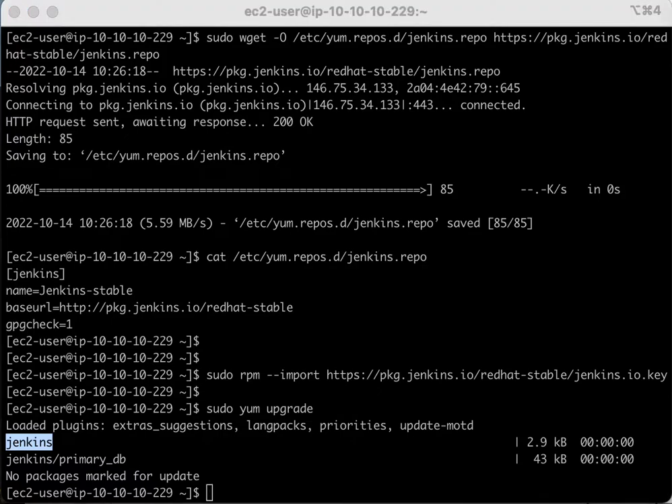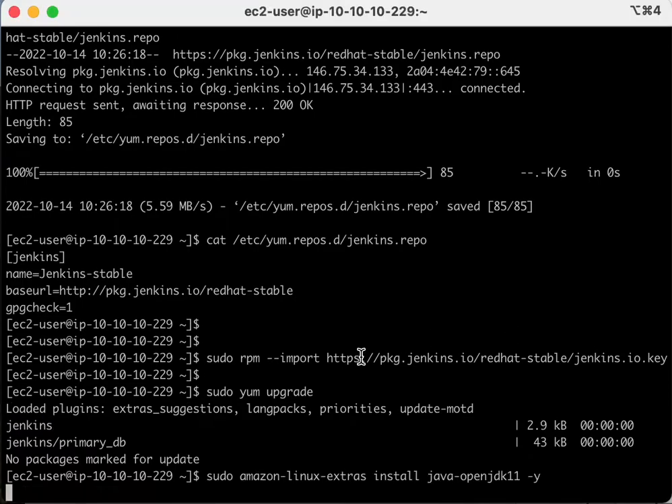So now before we install Jenkins, what we got to do is install Java version 11 at least, or Java version 7. So one way of installing Java is using an open source OpenJDK, Java Development Kit 11. So we'll just install this using this command,